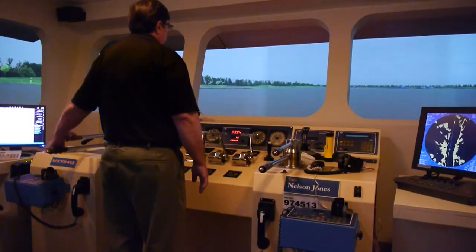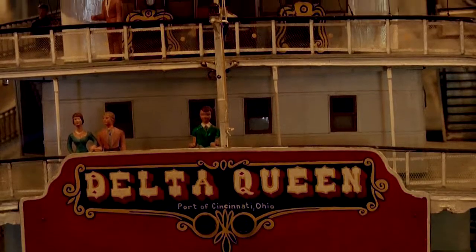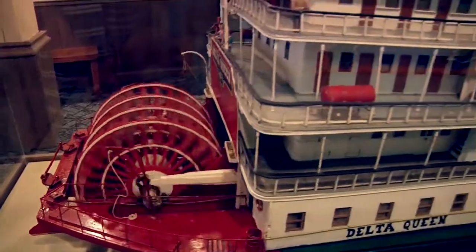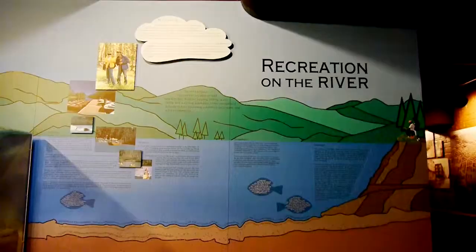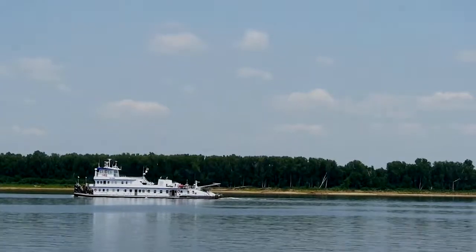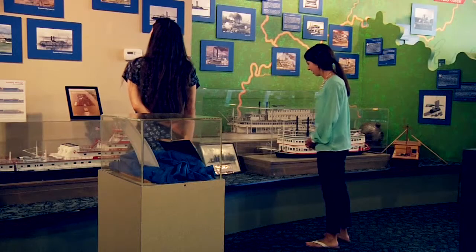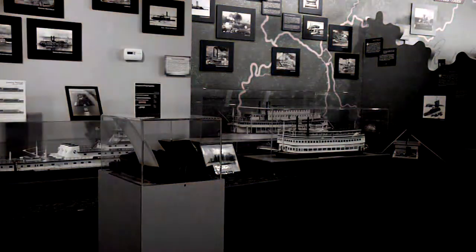If the River Discovery Center did not exist, there really wouldn't be a place for our community, both children and adults, as well as all the visitors that come from outside of Paducah, to learn about our river and how important it is and all about its rich heritage. I think it'd be unfortunate to be lost. You know, I know the work they do over there. I've had the pleasure of participating with some work with children over there before. Ingram is heavily involved with